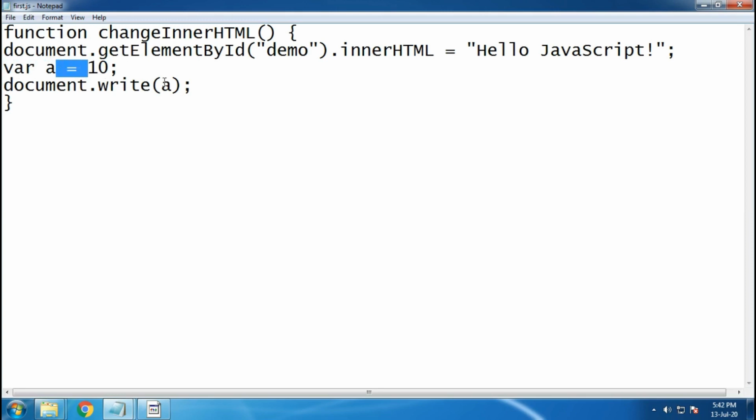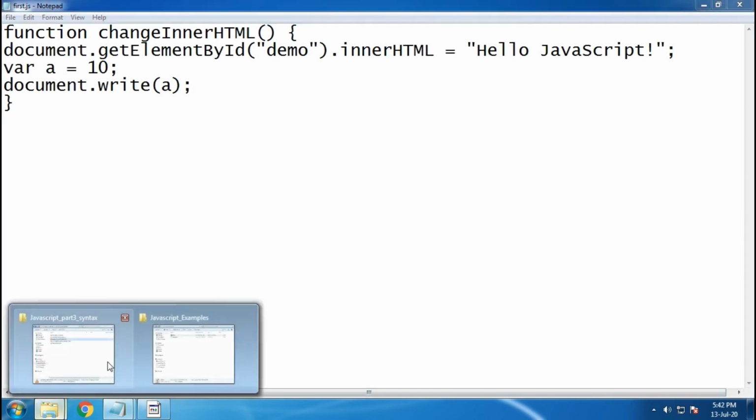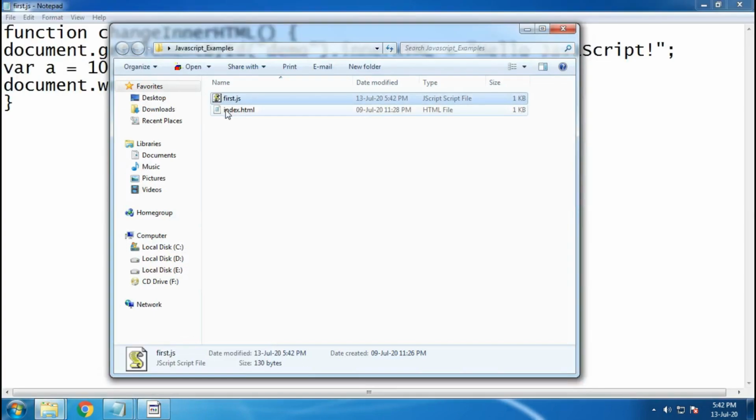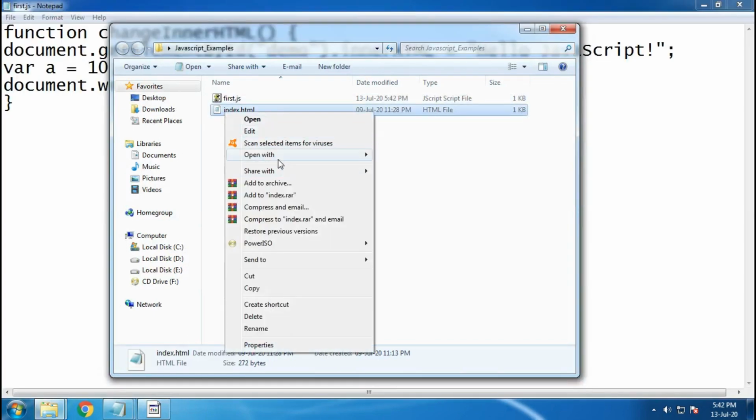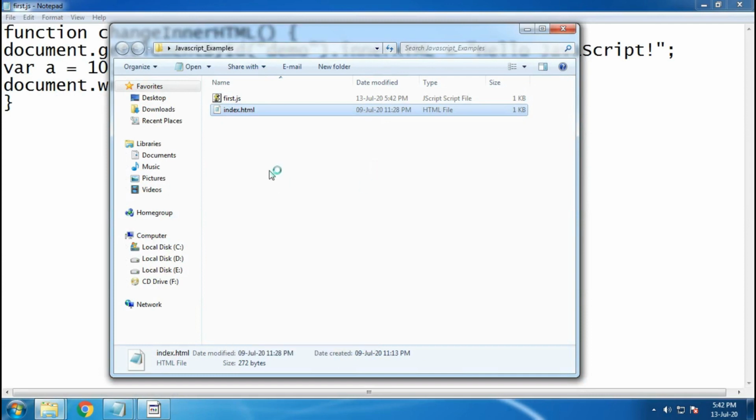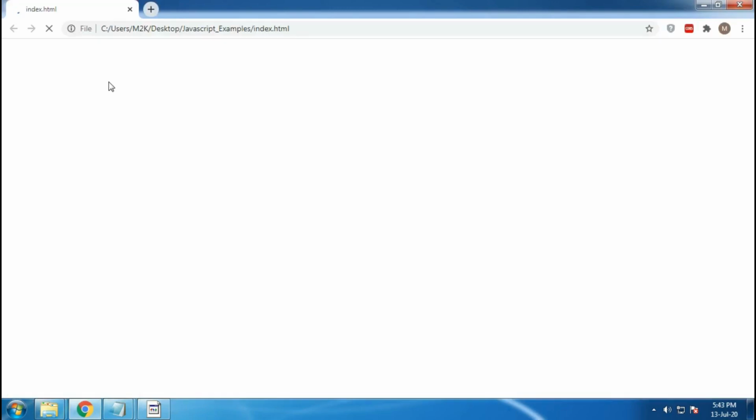Ctrl+S again, as I told you in our previous tutorial, then open our index.html in Google Chrome. Now if I click on this Click Me button, which calls the function, I can see that 10 is written here.